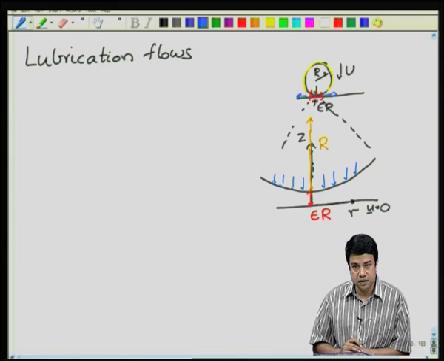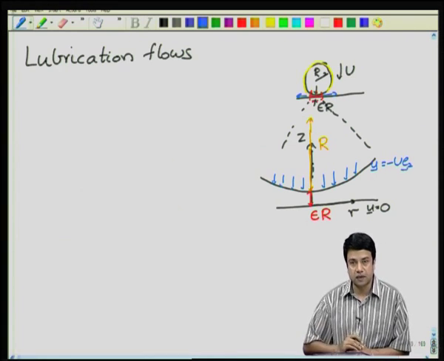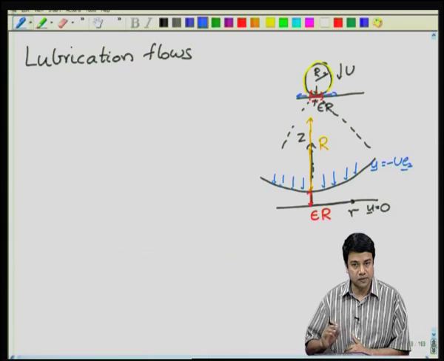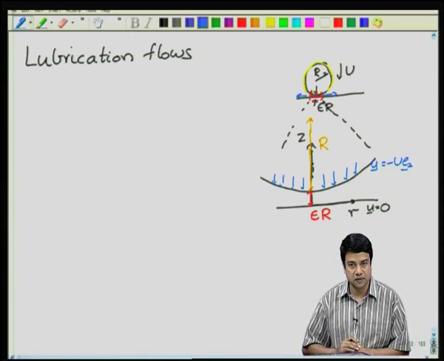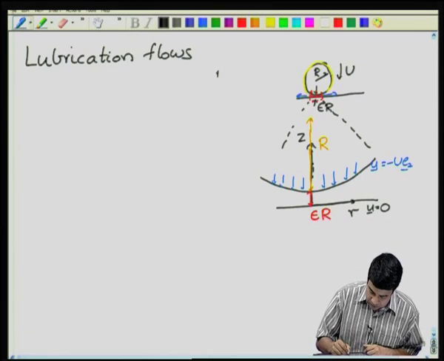Therefore, on the surface of the sphere, I have the u vector equal to minus u times the unit vector in the z coordinate. The radial component of the velocity is 0. The z component of the velocity is equal to minus u on the surface of the sphere. Okay. So, therefore, my boundary conditions,